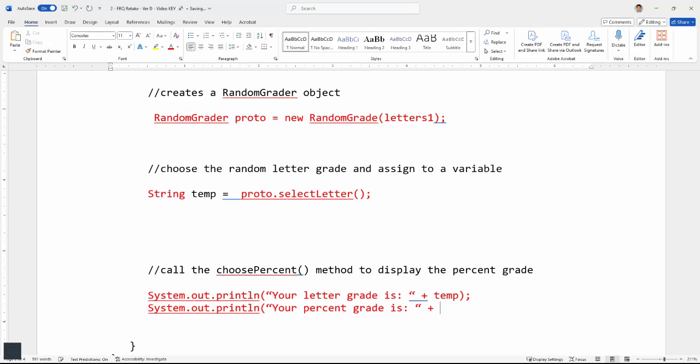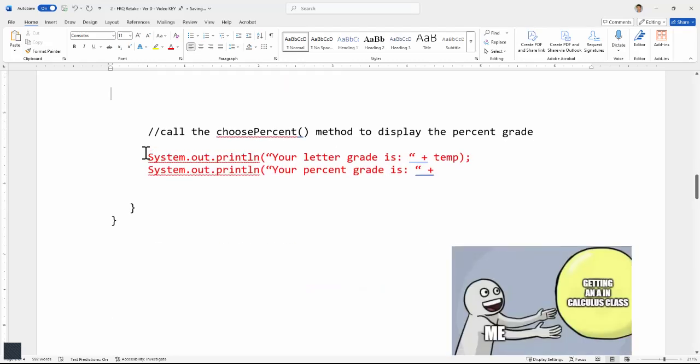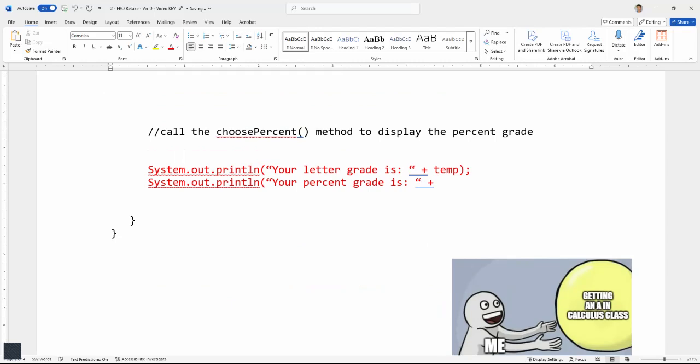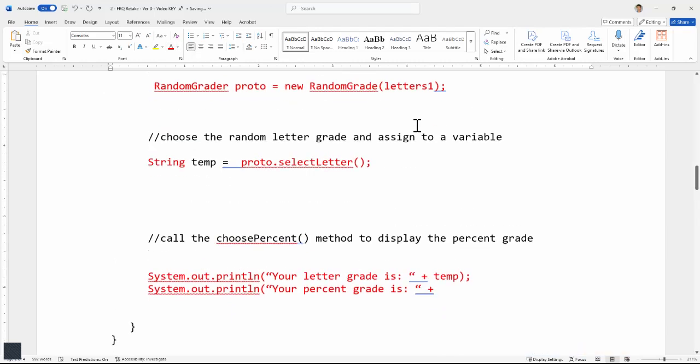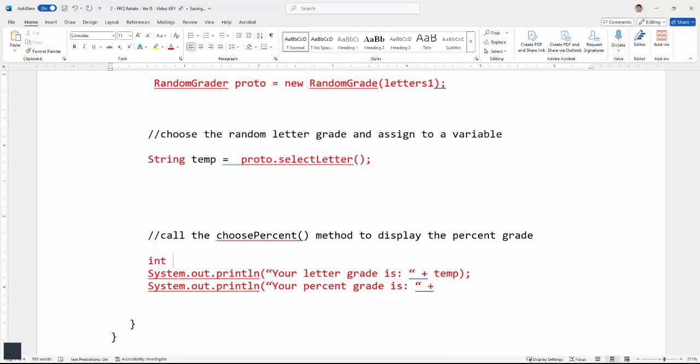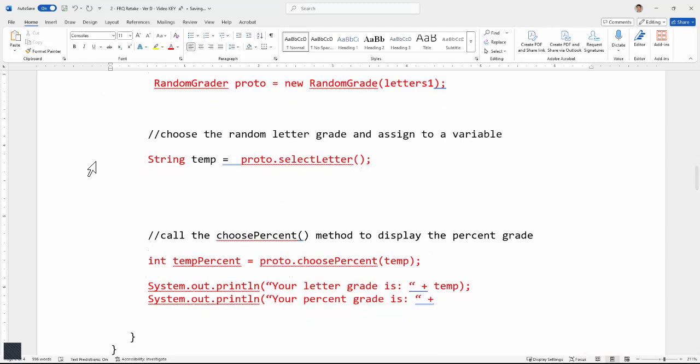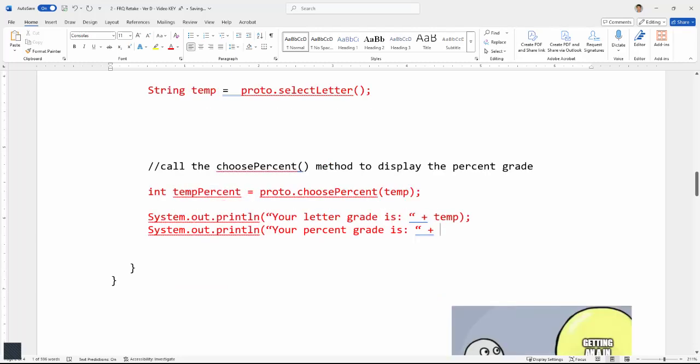which I realize I don't have it chosen yet. So let me go ahead and do that quick. And in this case, it's going to be an int, right? So int temp percent equals, we're going to go ahead and use the proto object to do the choose percent. And then I also have to feed in the temp, right? Because that's going to be the letter grades chosen, stored in temp. Okay, so once it's stored in temp, then it's going to come over here and use it as an argument for the choose percent method. I need the object to call that, and then we're going to go ahead and assign it to temp percent. So then I can do percent,